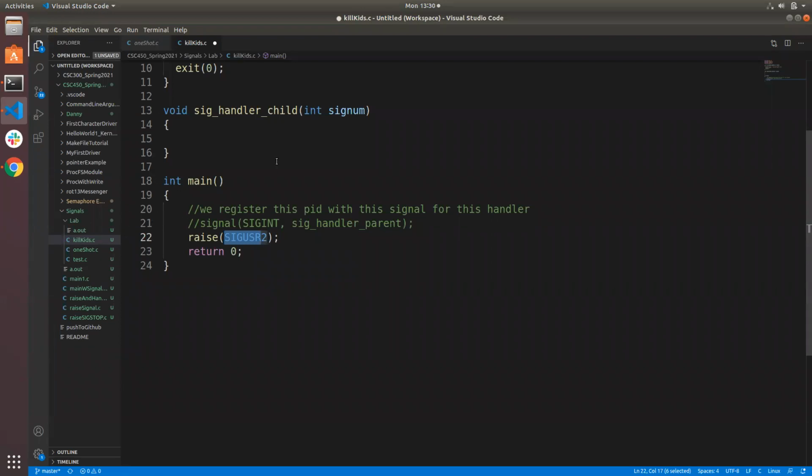So this whole program's job right now is to come in and raise a signal. But it's a signal that he has not registered a handler for. So the question is what happens? What's the behavior of raise when we have not specifically written a handler for it? And we're going to see that raise blocks. Raise expects that if you're going to send a signal to yourself, that you have written a handler to handle that signal. In this case, we have not, or at the very least, we didn't associate that handler with the signal. So if I go and run this right now,